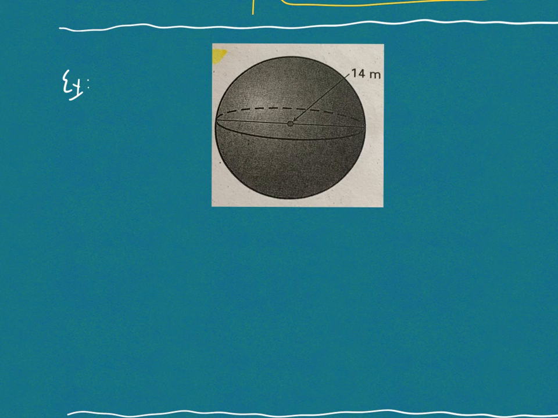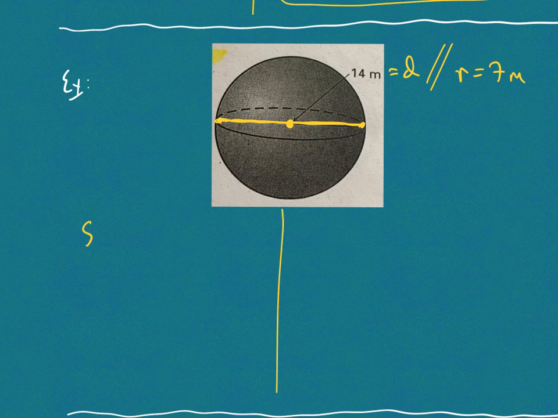Again, a little bit tough to see, so I'll highlight it in yellow. The measure I'm giving you this time is actually not the radius, but the diameter of the sphere. So this 14 meters is the diameter. So obviously all I'm doing is just forcing you to do that little bit of work to go from diameter to radius. So therefore the radius would be 7. And again, the two measures, surface area is going to be 4 times pi times the radius squared, which would be, 49 times 4 is 196. So this would be 196 pi square meters,